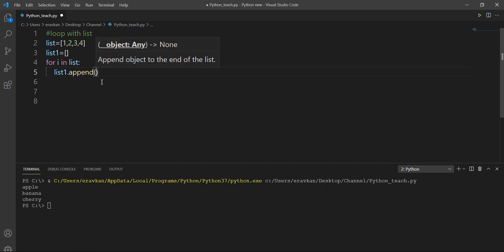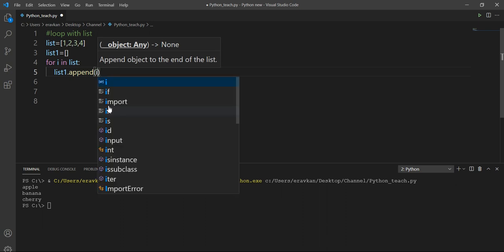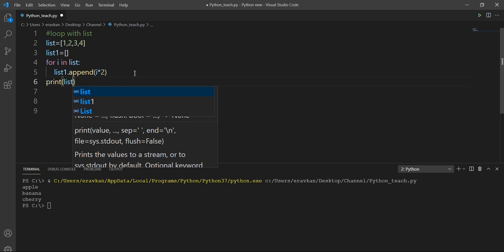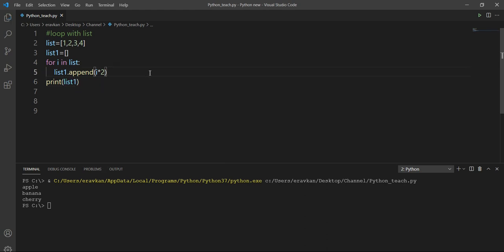I have told you it will add values one by one to my list. So i multiplied by 2. So in the list, first 1 multiplied by 2 will come, then 2 multiplied by 2, then 3, and so on. So if I print my list here, list1, then it will contain 2, 4, 6.